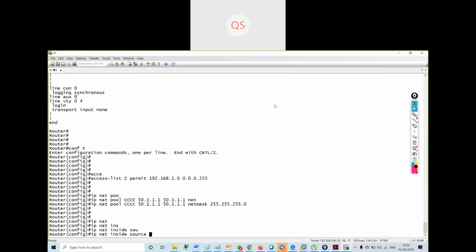So even though for a laptop one IP address is enough, multiple ports are required. Yes, port numbers will be different. One IP address will be enough for one user. One user means one IP address. Yes, sir, that was my doubt. If I'm saying 1.1, then it will only need one public IP address.